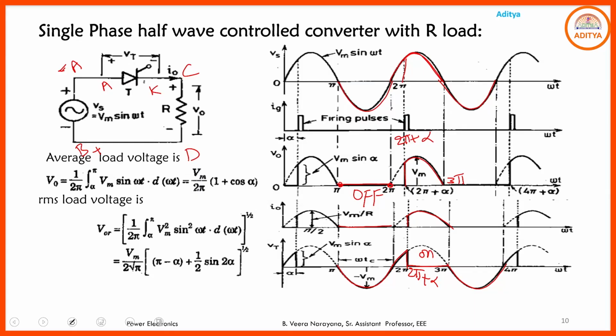We already said in the first class, all the power semiconductor devices act like switches. If the SCR is on, there is no voltage across the SCR, you have some output voltage and output current. If the SCR is off, source voltage is available across the SCR, and output voltage and output currents are 0. So this is the simple representation of output voltage, output current and voltage across the thyristor. And coming to the average DC output voltage,